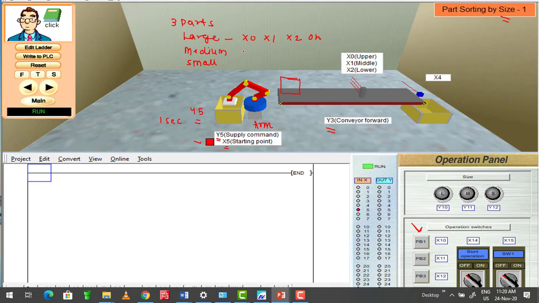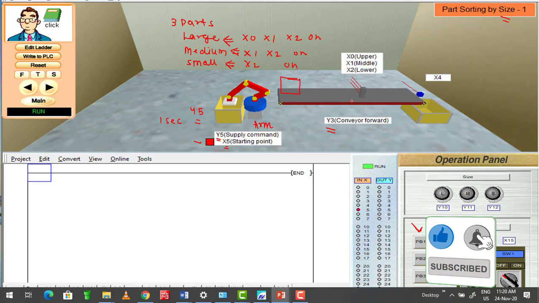If only X1 and X2 are on, it is a medium part, and if only X2 is on, we can say that the part on the conveyor is a small part. This is how the sensor works.